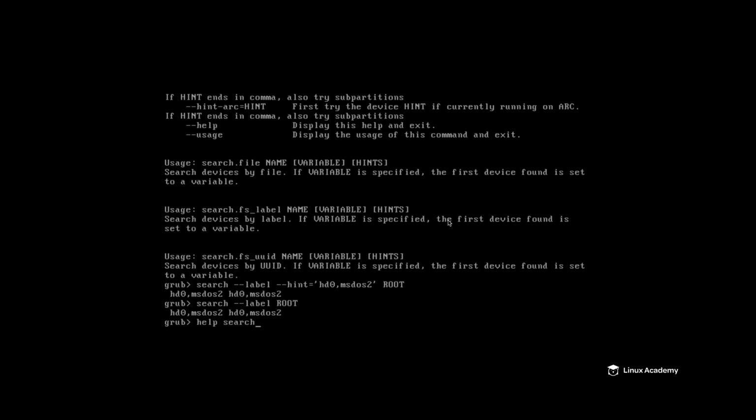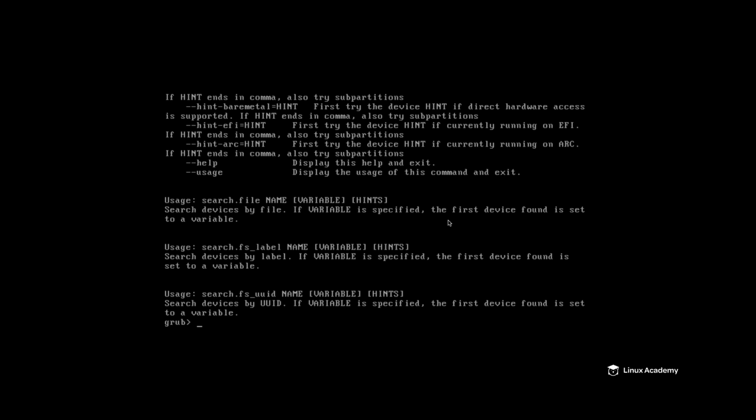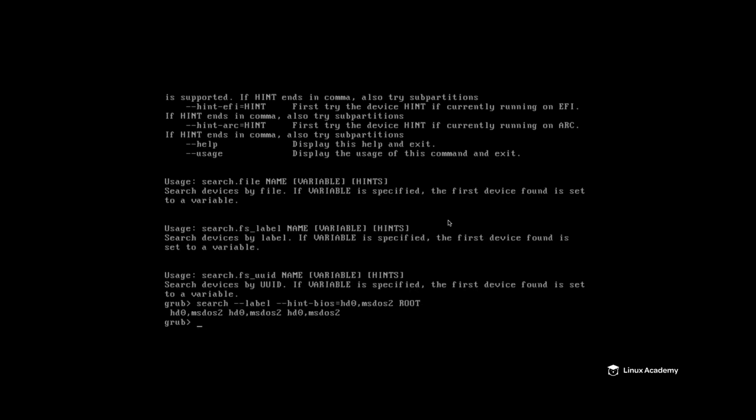So you can provide a number of hints. And these have different formats. I encourage you to look at the GRUB documentation. Because we're booting on BIOS, we could provide that as a hint as well. And it returns the right value. Now, if we go back, as we searched previously,